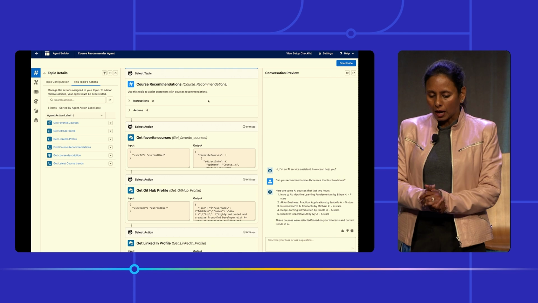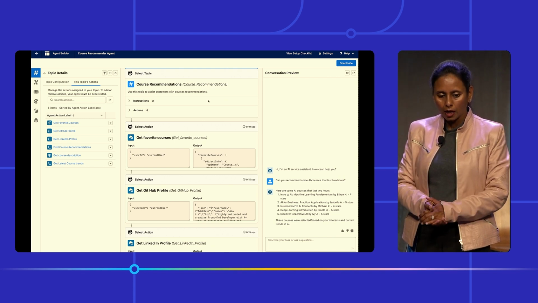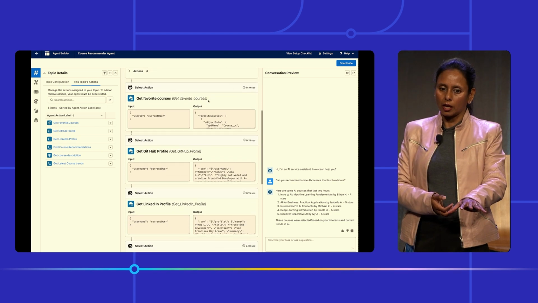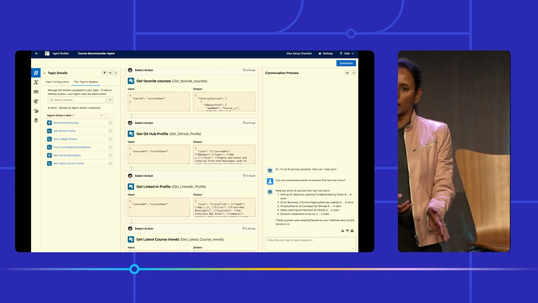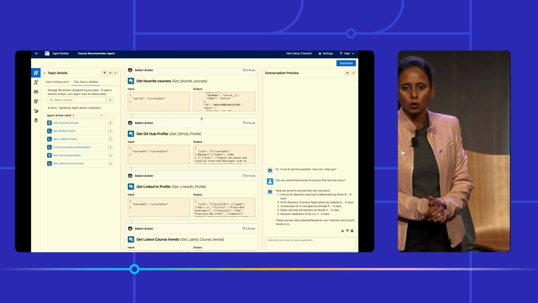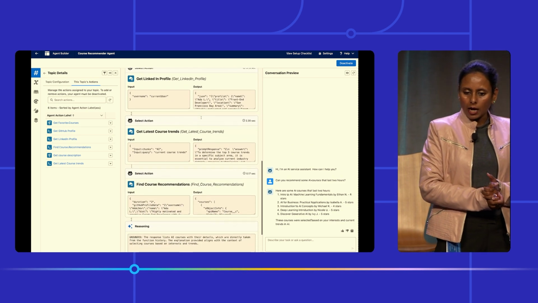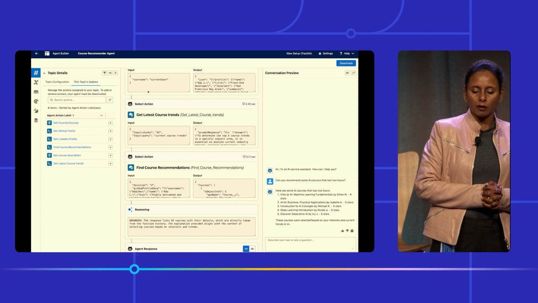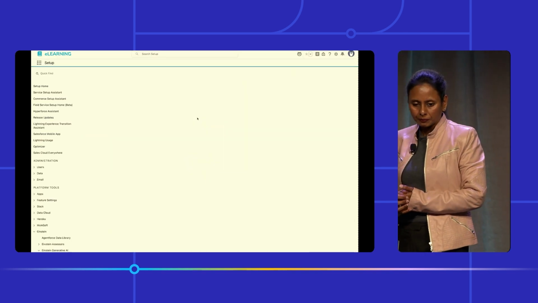And so when we ask this agent the same thing here as we tested in the builder, you can see the reasoning, or the way the reasoning engine is working under the hood, where it is invoking those actions one by one, and it's finally coming up with those course recommendations for you. All right? So let me show you, why don't we go to the connections tab of this agent and show how we set this up.